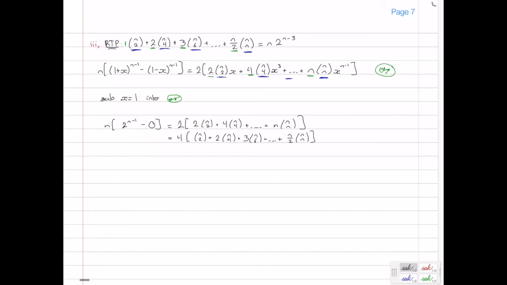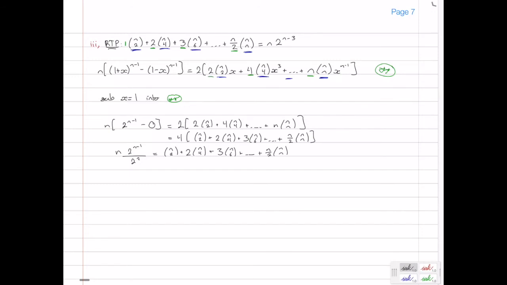Okay, and I can see that this is exactly what I want to prove on the left-hand side. So I can divide by this 4, and I have n 2 to the n minus 1 divided by 4, but what is 4? 4 is nothing but 2 squared, so I can write it as 2 squared, is equal to n choose 2 plus 2 times n choose 4 plus 3 times n choose 6, and so on, n on 2 times n